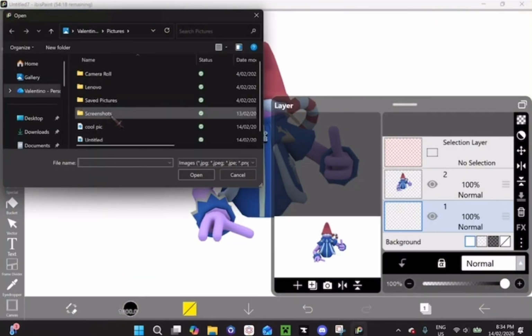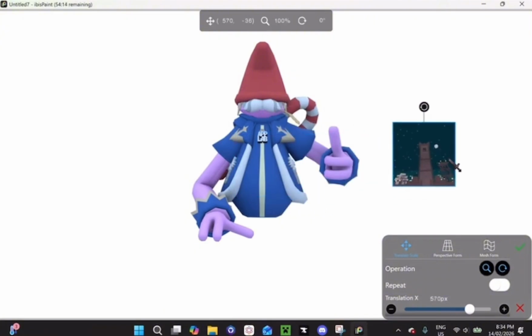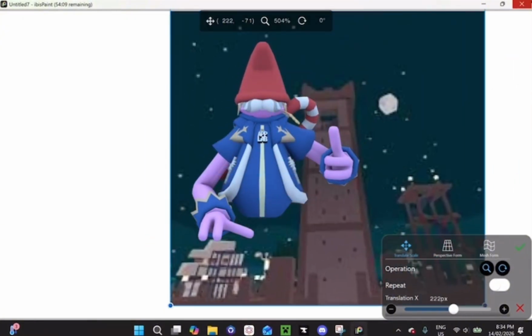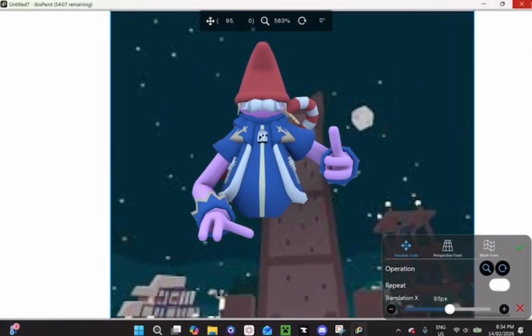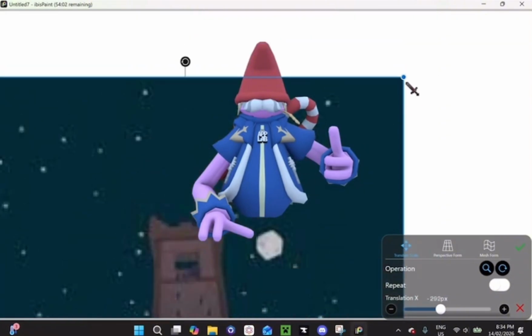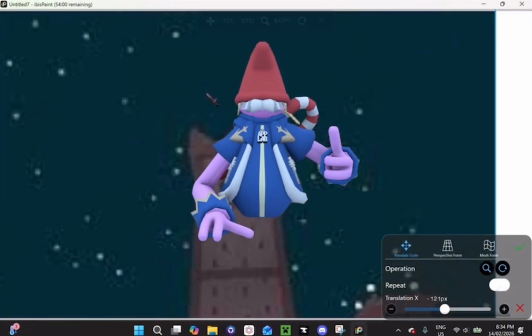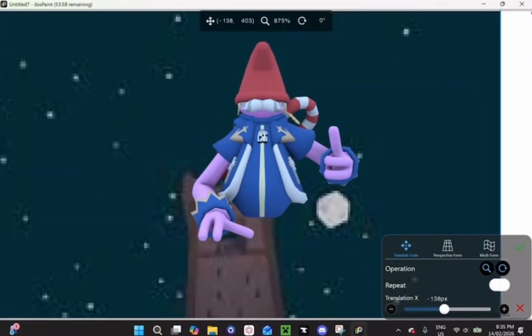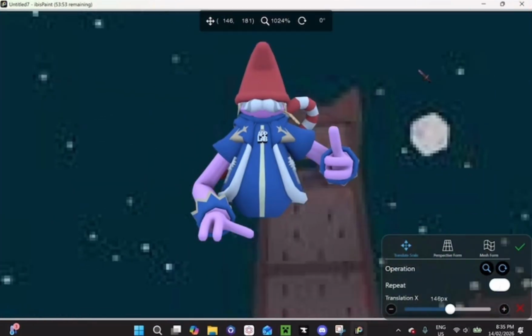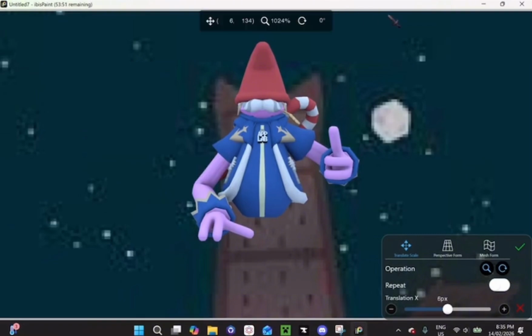Alright, so now what we want to do is we want to import another picture. So you go to here, I go to cool pic, I open it. Now see, we have the background, but now it's really bad quality because you need to find a good quality one. But then what we do is we size it up to as big as possibly we can. Now because how bad quality it is, I'm not going to use this for the thing. So you would obviously have to find your own good quality one. And like this. So now your Yeep character